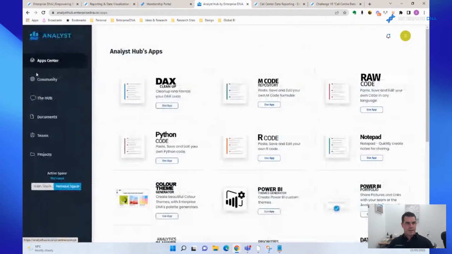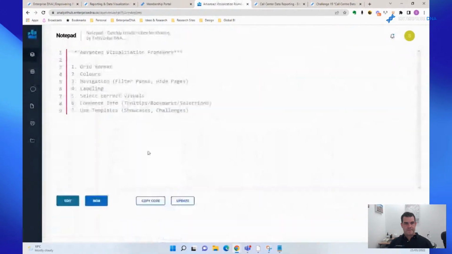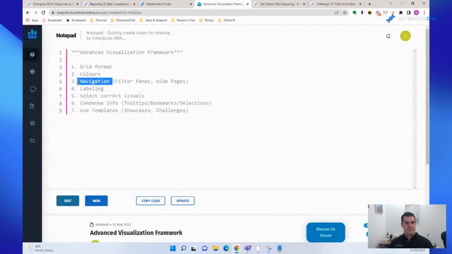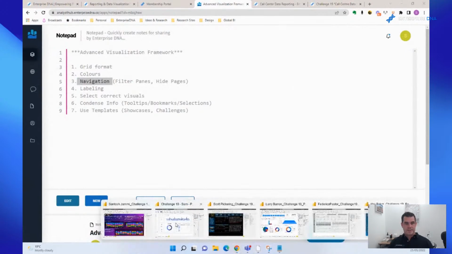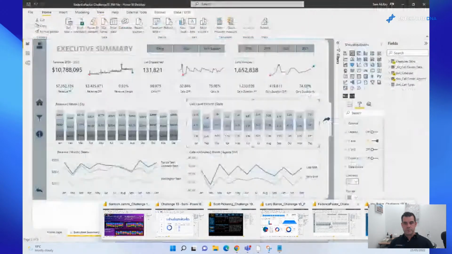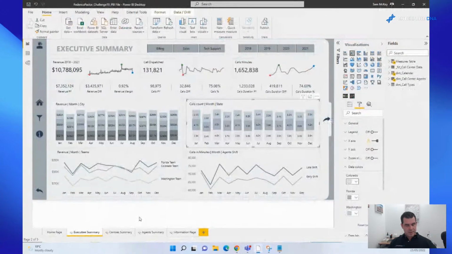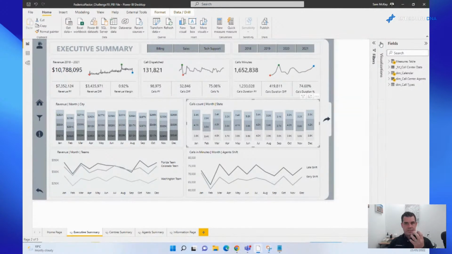Let's go back in here. Navigation. One of the big things I'm really big on now is that when someone is experiencing this report, inside of the Power BI experience, we want them to navigate within the page itself.